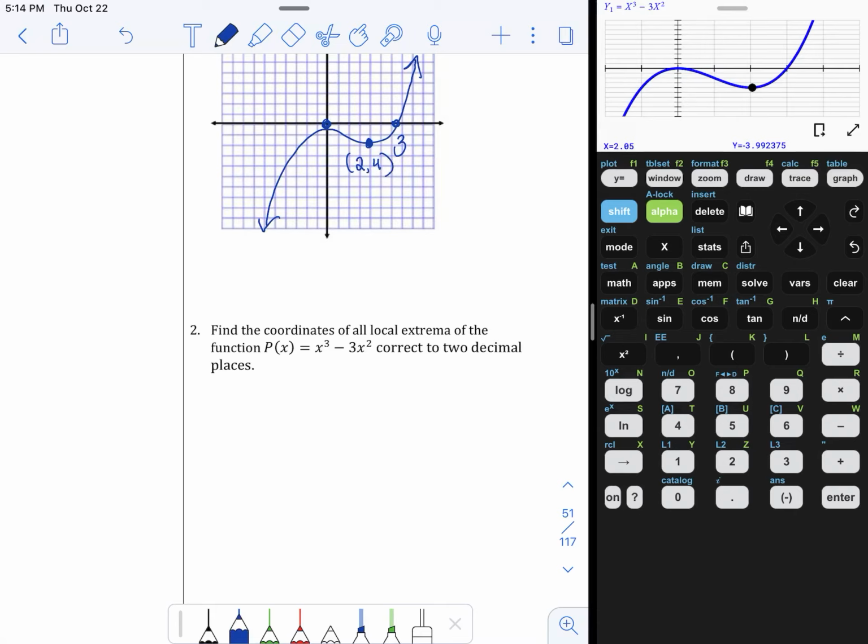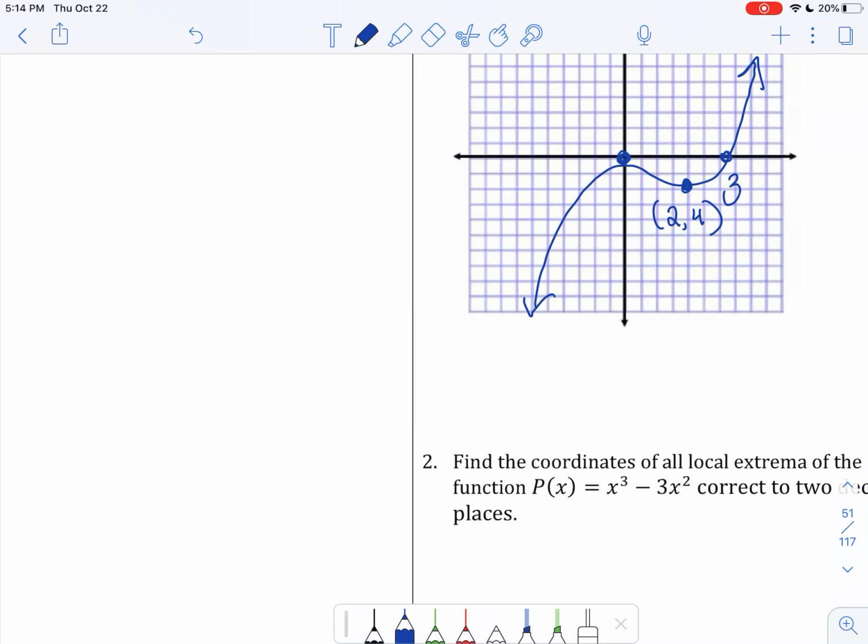2, 4. If you want more written-out notes, I recommend you look at the PDF that's attached. Otherwise, I hope that this was a little bit helpful to be able to see a calculator in the video. If you have questions, please let me know, and I will be happy to answer them on Zoom or in the comments. Talk to you